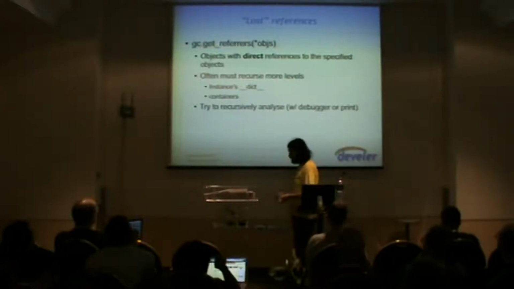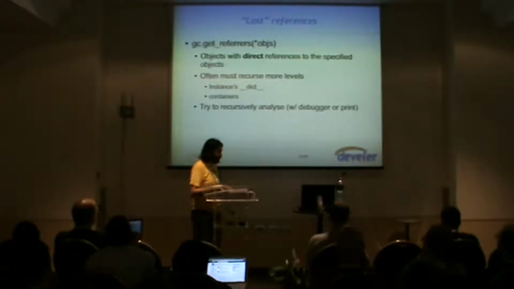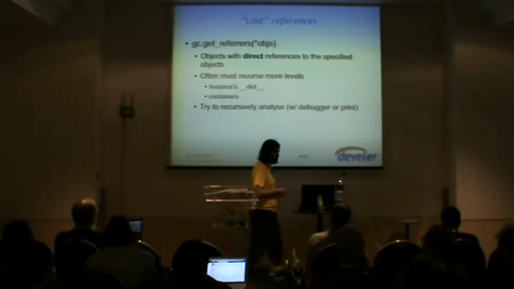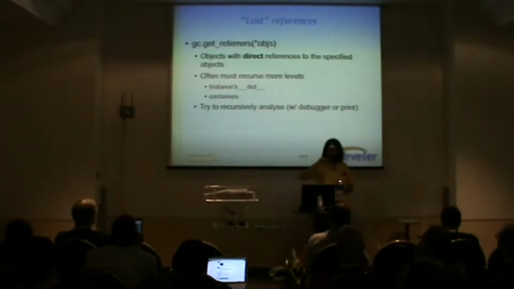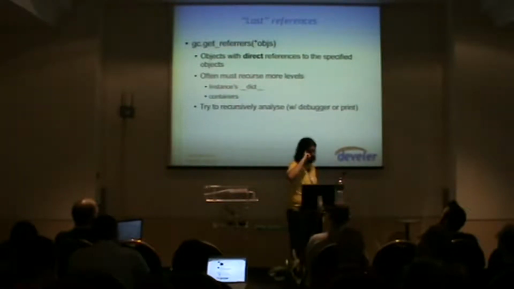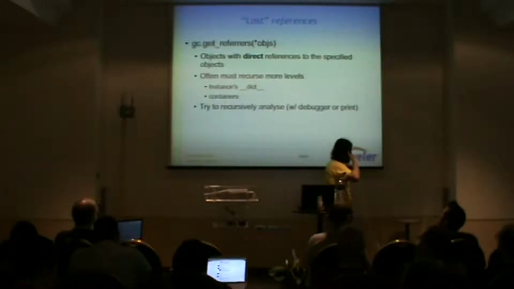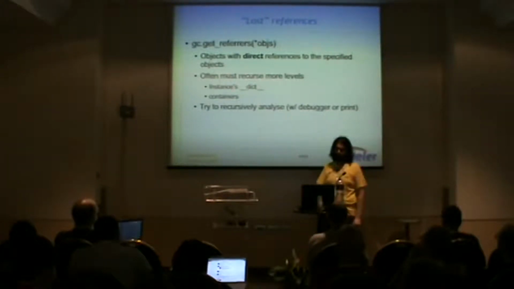And if there is a reference missing, how can we find it? If there is one more reference and we don't know where it is, how can we find it? We can use this other function, back to the GC module. It's getReferrers. getReferrers gives you a list of all objects that hold the reference to the object you pass to the function.